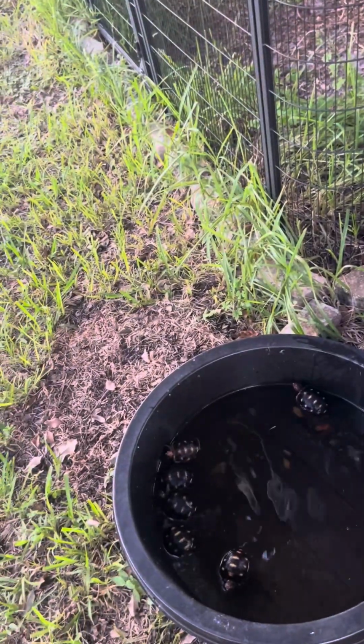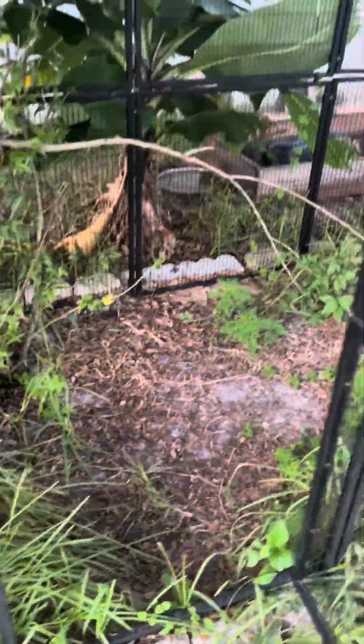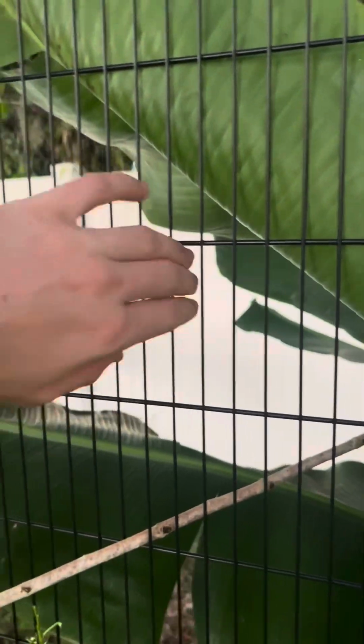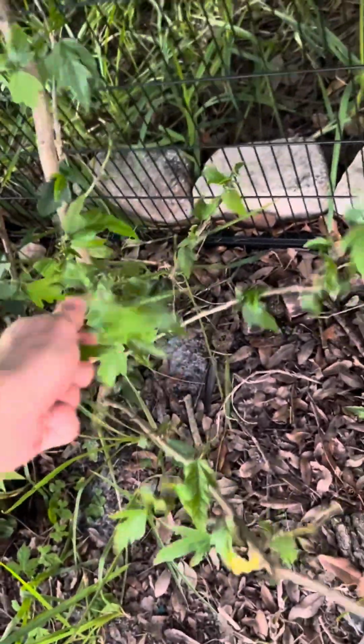Alright, so I can grab some leaves here. This is my bird's aviary. So he's inside right now. He sleeps inside at nighttime because these bars are small, and you know, rats and snakes and stuff. At nighttime, you don't want those eating your bird. This is hibiscus. Gonna feed this to the babies, which I already gave them some this morning, but they definitely might eat more. I just pretty much offer them hibiscus every day,